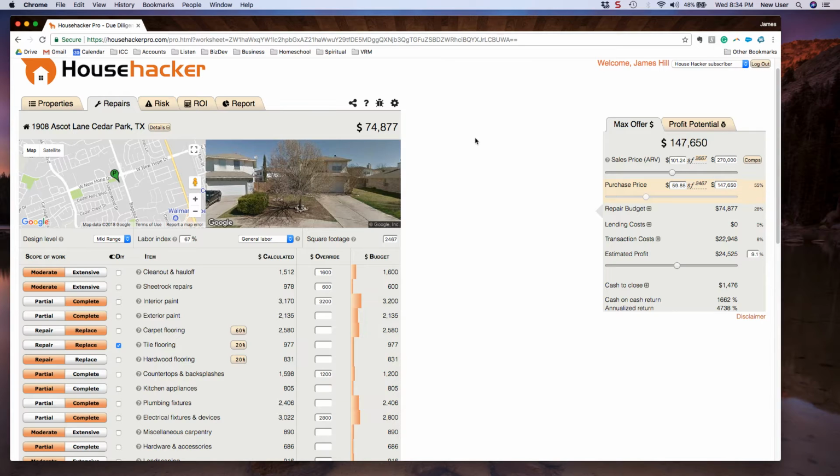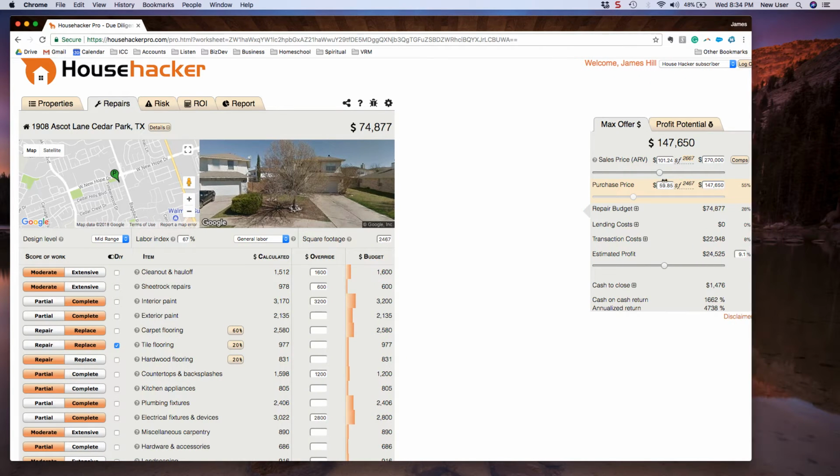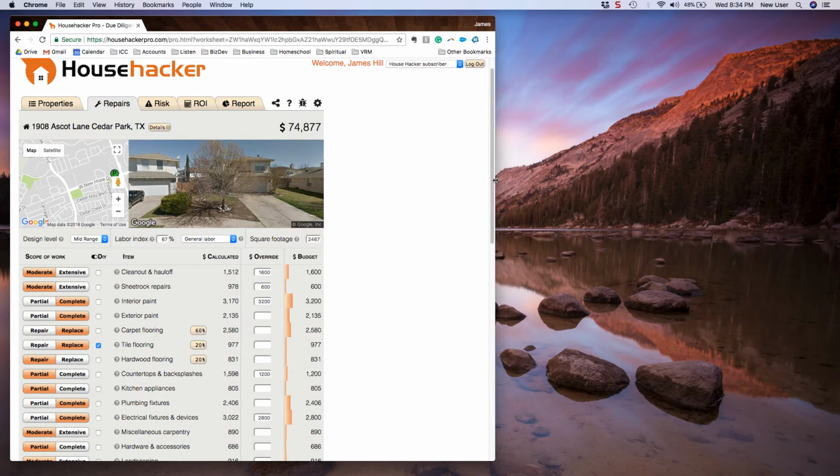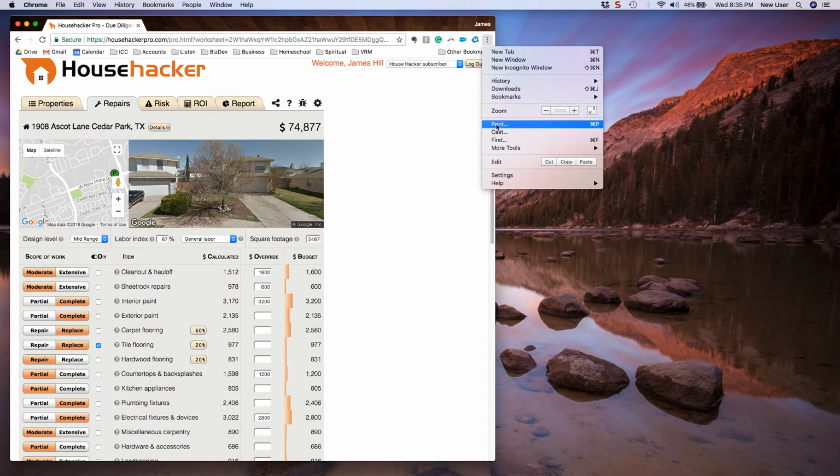But if you print the screen in its current format, where the hovering maximum offer calculator is still displayed, it will actually try to print that. It'll make a big mess on your screen print. So here's a trick. What you have to do is collapse the screen size so that that little calculator goes away. When it gets small enough, the max offer calculator will disappear. So now that that's gone, go back up to the print,